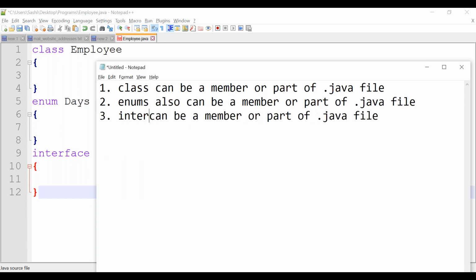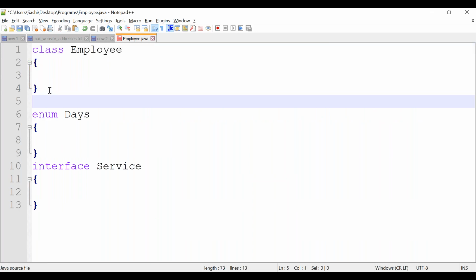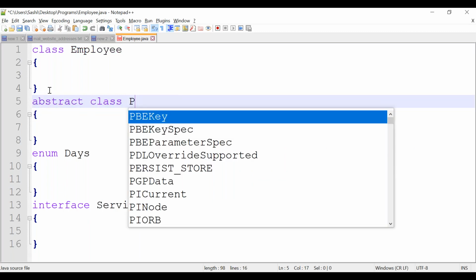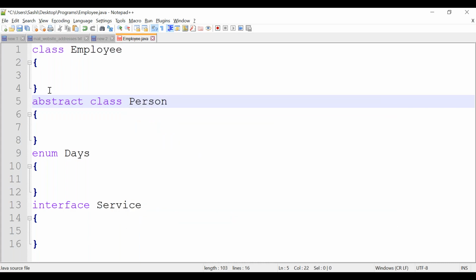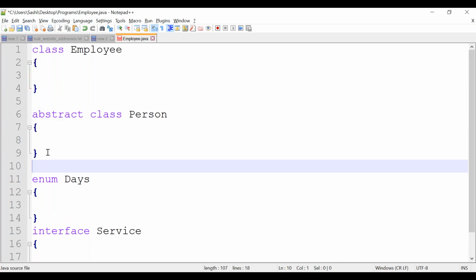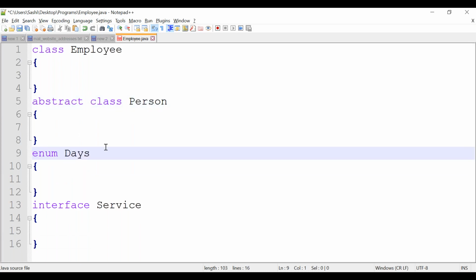An abstract class also can be a member of a .java file. How to declare an abstract class? I can name it abstract class. Consider I am naming it Person. This is our abstract class. An abstract class also can be a part of a .java file. We will see what an abstract class is in our later tutorials.